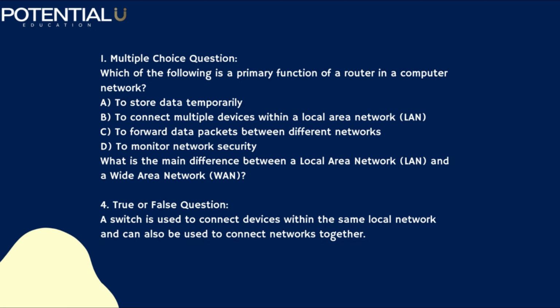What is the main difference between a local area network and a wide area network? A local area network is limited by location. A wide area network would be used by, for example, a wider spread business where they can connect multiple locations. Yeah, perfect, 100%. So just a small network versus a large network. And the largest wide area network is in fact the internet. It is still a load of interconnected devices, so still technically a wide area network and probably the widest area network in the world.